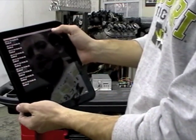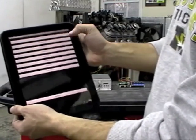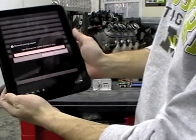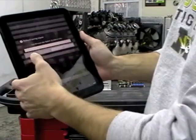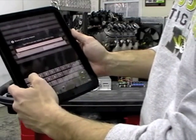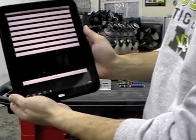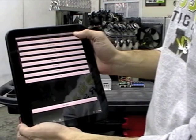So here's the rat rod, Arduino Uno, in the result list there. We'll select it. Now we have bank 1, 2, 3 through 8. And it's asking me for a security pin code because I set one up for this Bluetooth shield. I'm going to type in that code, which in our case is 1515. Click OK. Now the device is paired, and currently we have it wired up so that bank 1 is wired